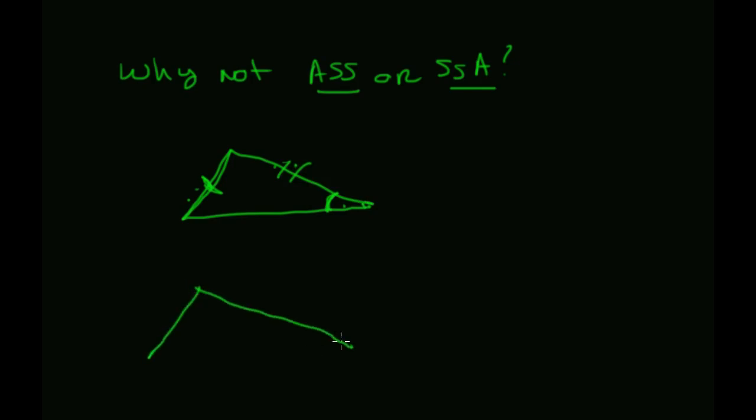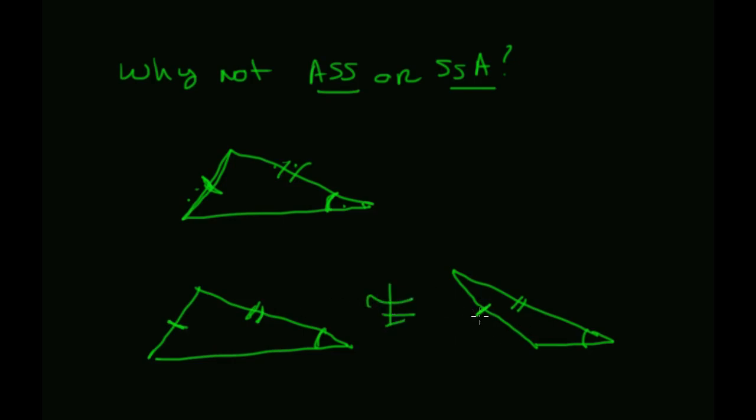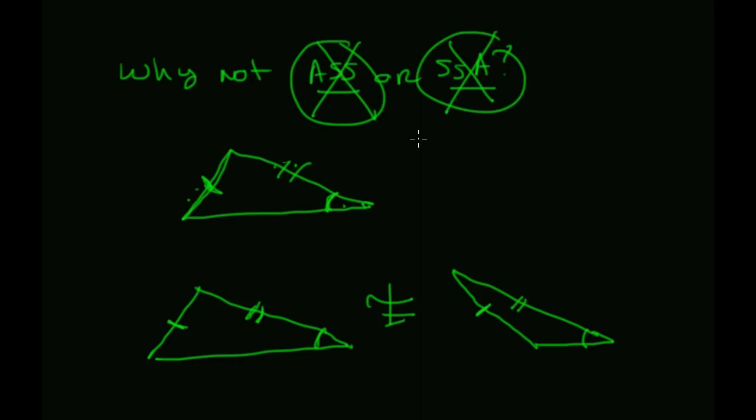I can create one that's identical to it, where I have side side angle, but I can also create another one that looks like this, where this angle is congruent to that angle, the length of this side is the same as this side, and the length of this side is the same as that one. These are, of course, not congruent,